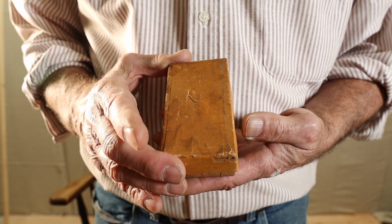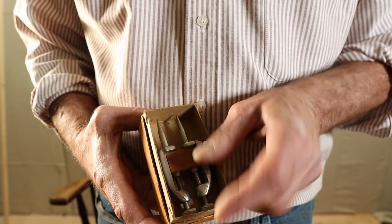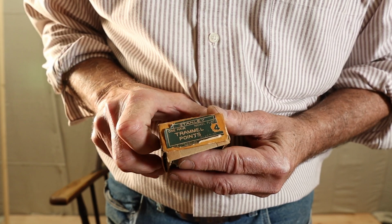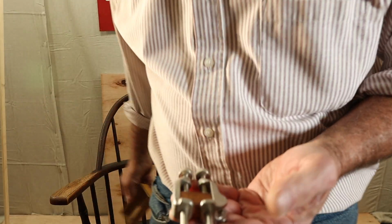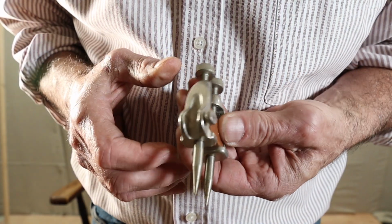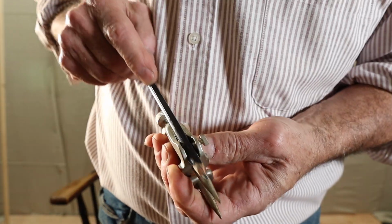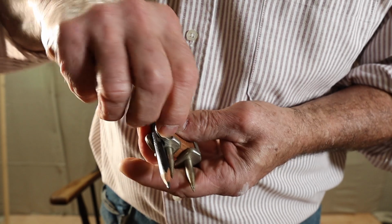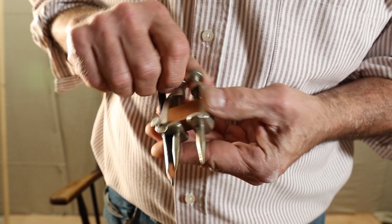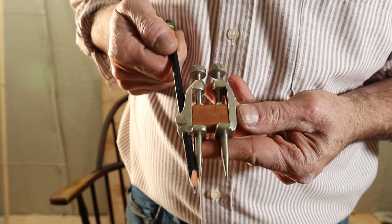And it's kind of fun to have a pair of trammel points. I'll show you right there. Trammel points. Nickel-plated, Stanley, made in USA. This is what they look like. And these are utilized to make a beam compass. The one right here is made to accept a pencil like that. All right, so let's make a beam compass and draw our 36-inch diameter circle before I show you the alternative